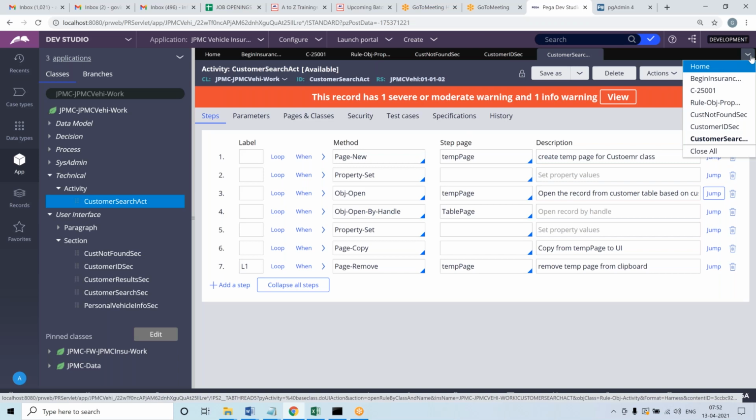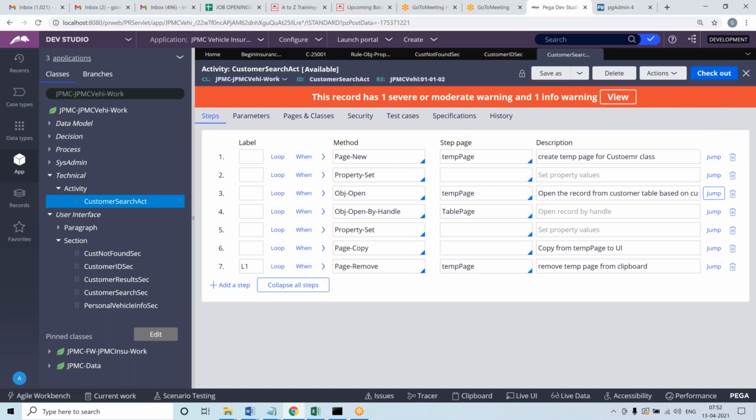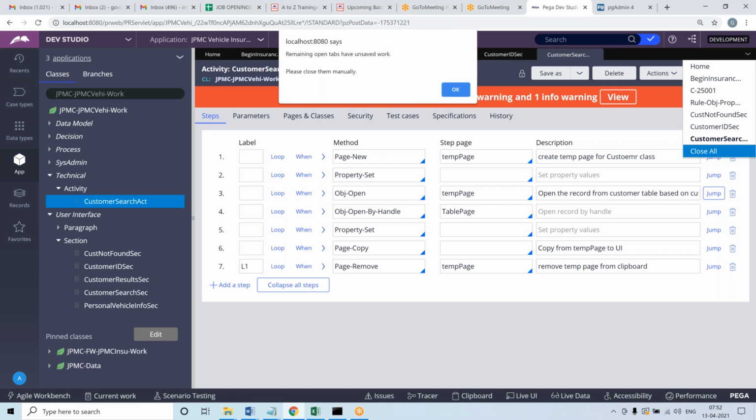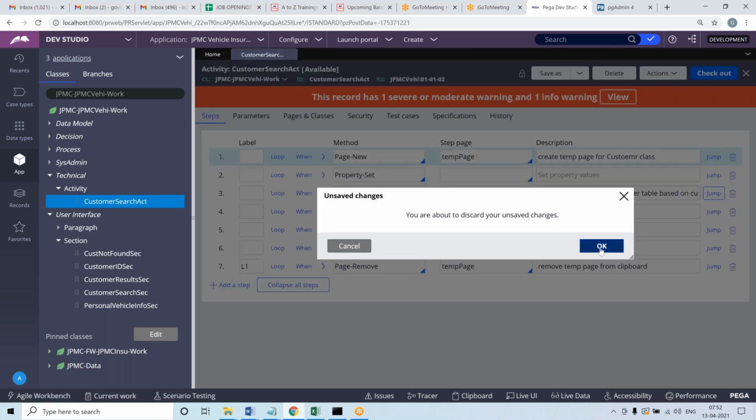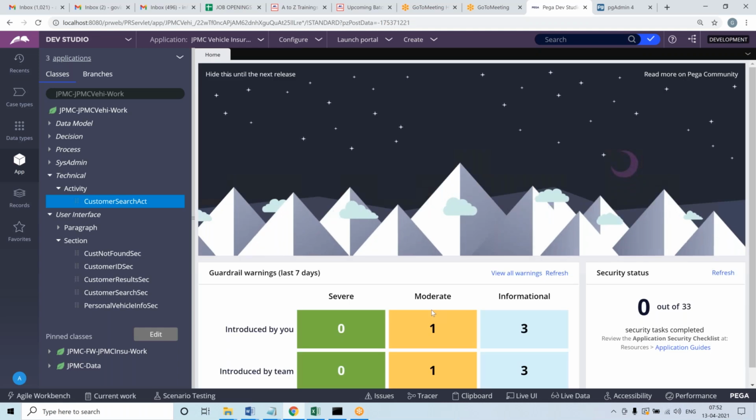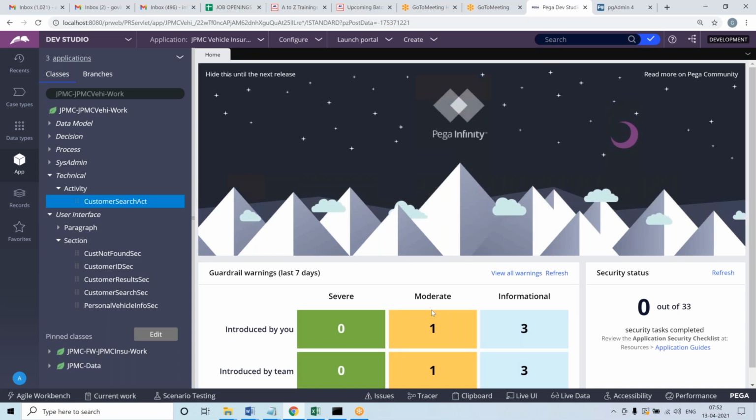Okay, let me tell you the next requirement that we are going to work on. So far we have learned about obj browse, obj open, obj save, and we discussed locking, everything, right? So we are now going to work on a business requirement. Tomorrow we will be working on it, but today I will explain. The requirement is going to use all the methods we have learned so far.